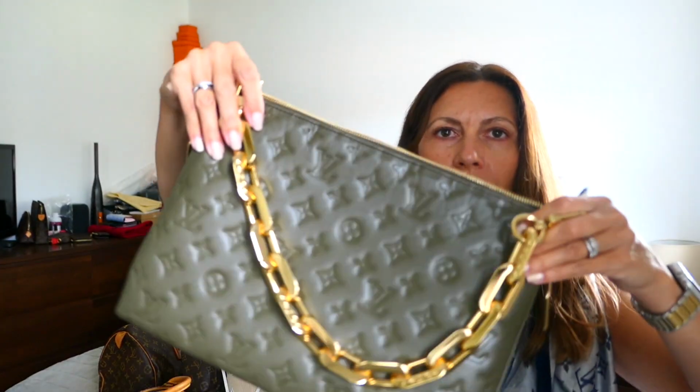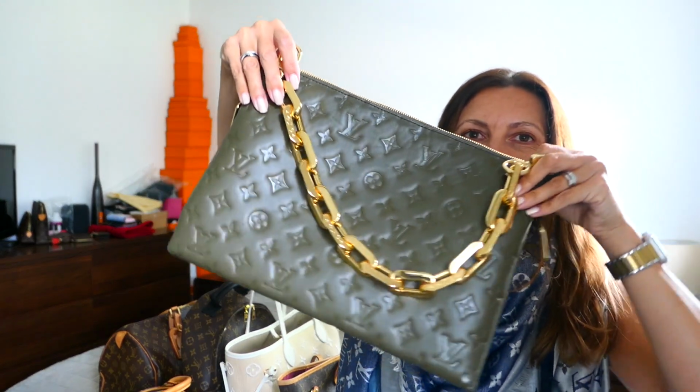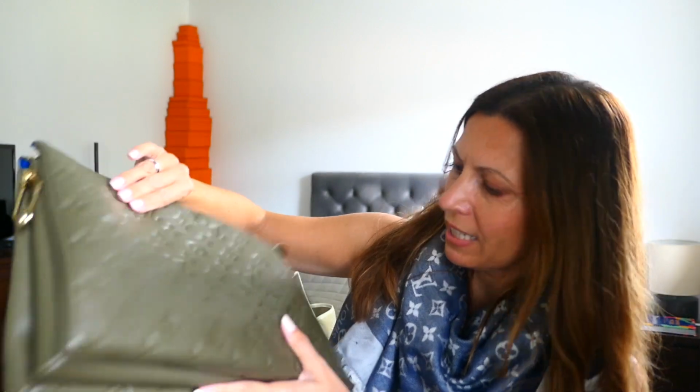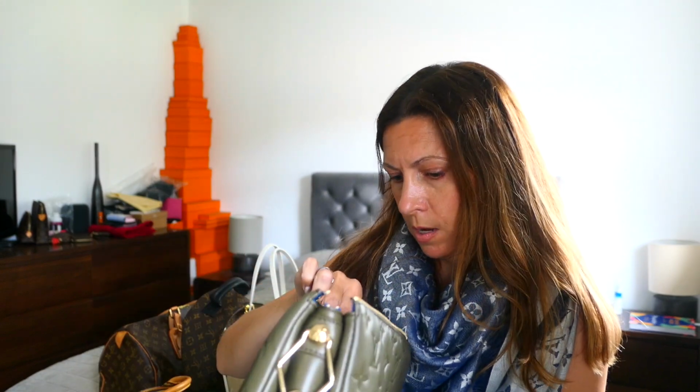It's quite a lot chunkier than the gold chain that comes with the Pochette Métis East West. So, too many mini pochettes, Pochette Métis. So yeah, a beautiful bag. This is in lambskin, in this embossed leather. I don't use this that often. Again, it's kind of that in-between size, but I think it's stunning. It is really beautiful as a bag. So it will be used more,